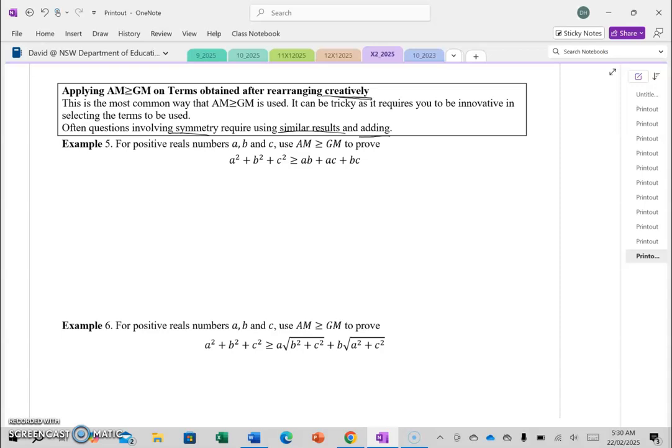here's a question. I see 3 terms added, so you might be thinking AM-GM for 3, but there's a problem with that. That's what you would get if you use AM-GM for 3 numbers. It's not very useful, right? It's not what we've got on the right hand side. Okay, so